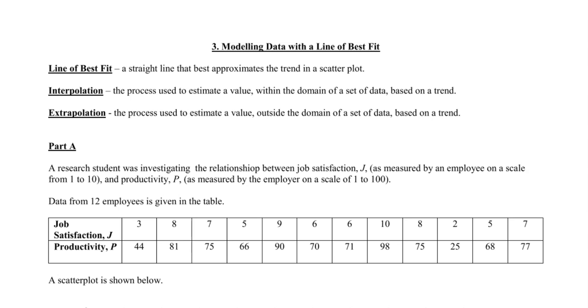So we're going to model data with a line of best fit. Line of best fit is probably something you've been doing since like junior high science even. So a line of best fit is a straight line that best approximates the trend in a scatter plot, right? A scatter plot is just a bunch of points. You take some observations and you plot them, and those points, which are kind of scattered, are called a scatter